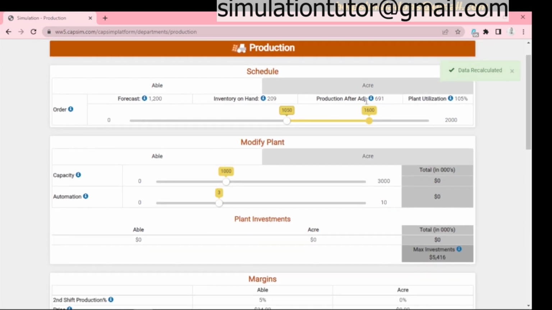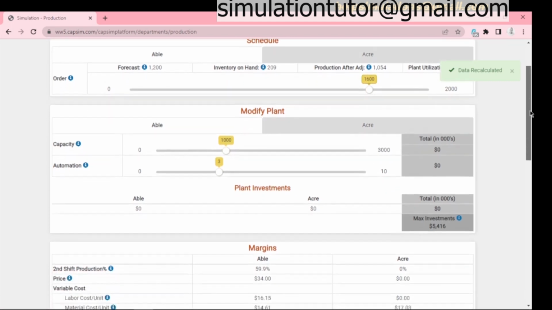So production after adjustment, sorry, we have to use production after adjustment. They will only produce 681, but we wanted to produce around 1200 after adjustments. So we'll increase that to, I think, 1600 so that we can produce around 1054, because remember we hope to sell about 1200, but we have another inventory at hand. So 1200 minus the 200 will have about 1000 units. So I think that will be